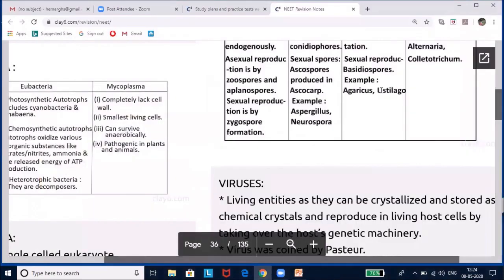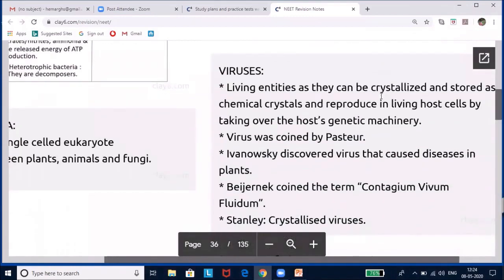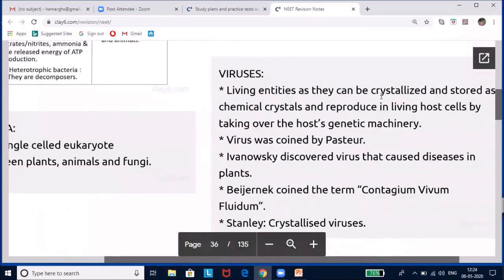Now let us look at viruses. Viruses, viroids and lichens are not included under Whittaker's classification, so they have been given at the end of the lesson for you to have an idea. Amidst this COVID, we all are aware of the word virus and how fatal it could be. On the whole earth, it is about 1 gram of virus, and it has brought everybody globally literally down onto their knees. That is the power of these viruses.